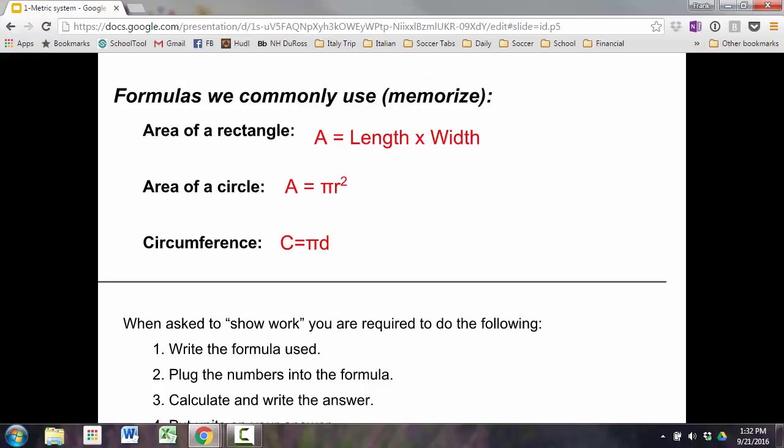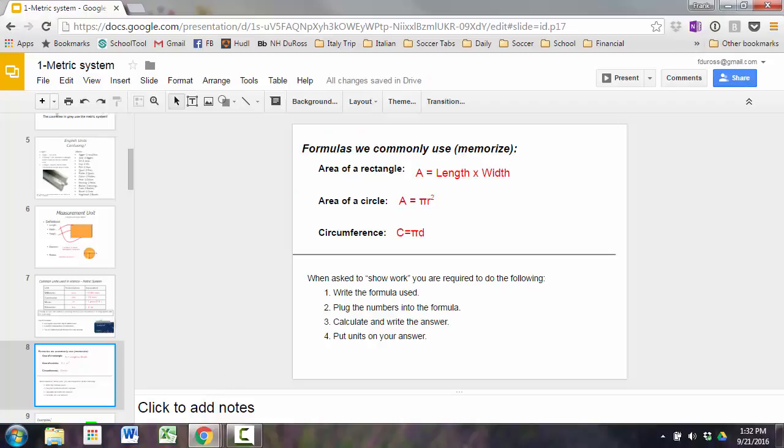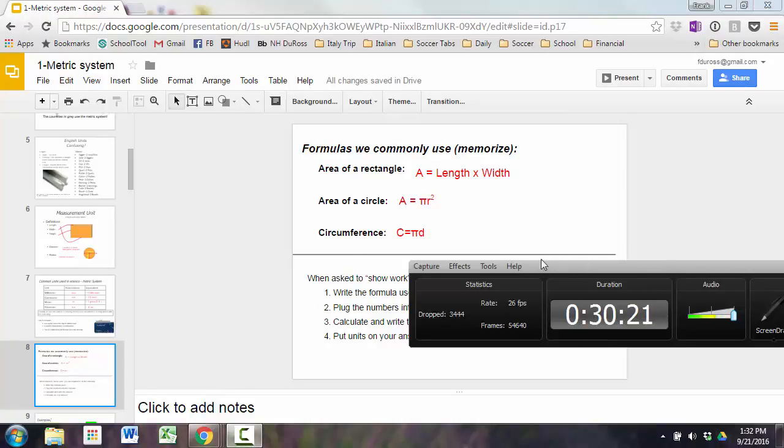Question, yes? No, why would they? They're never going to use it, and it's a